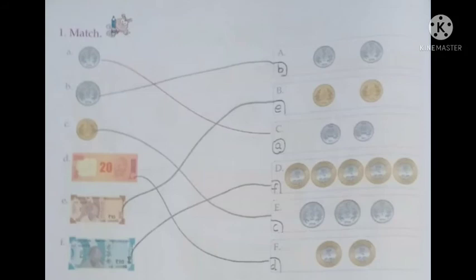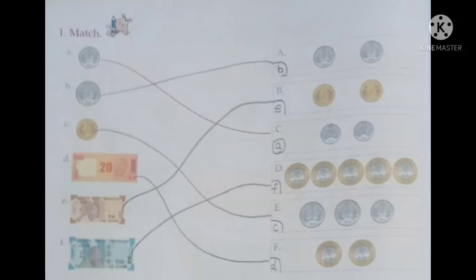The second is a 2 rupee coin. In the opposite column, we are having 2 coins of 1 rupee each. So 1 plus 1 is 2. So we will match B with A. Now at C place we are having a 5 rupee coin, and in the opposite we are having 3 coins: 2 rupee coin, 2 rupee coin and 1 rupee coin. So 2 plus 2, 4 plus 1, 5. So we will match the 10 rupee note with these two 5 rupee coins.